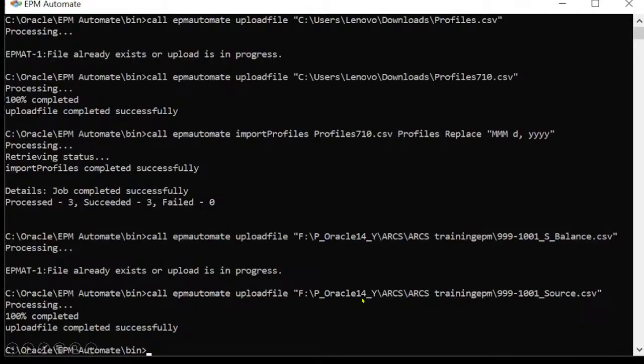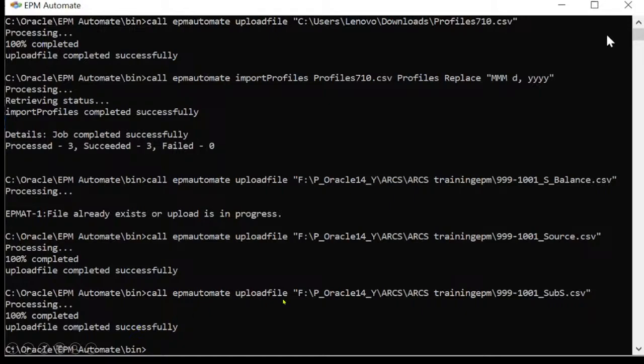Okay, so after giving this, our source system has been uploaded to our application. Look here, 100% completed. Okay, the upload file completed successfully. Same way we'll be giving the command for loading our subsystem, which is here. We give the same command, which is call EPM Automate upload file, paste the path of the file here, like this, and just press enter, and your subsystem will be uploaded to your